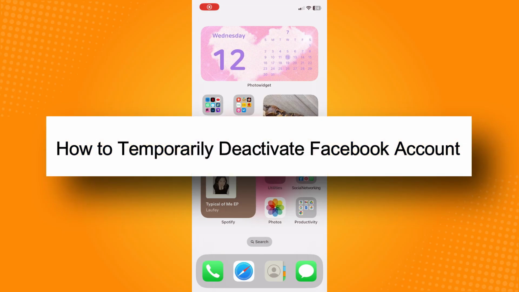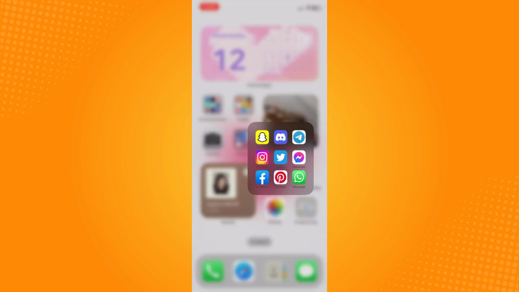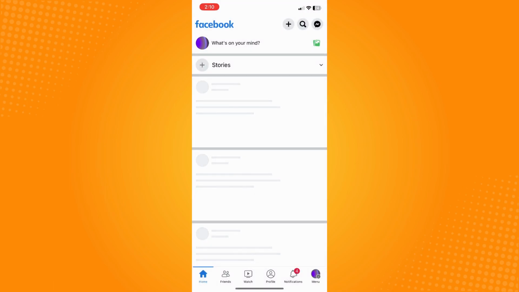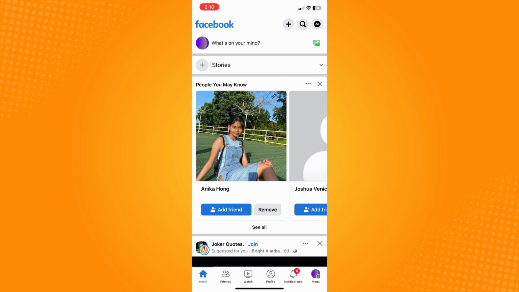How to temporarily deactivate Facebook account. So all you have to do is to go directly to your Facebook application and it will lead you to your homepage, right? Now the next thing that you want to do is on the bottom part, you'll see